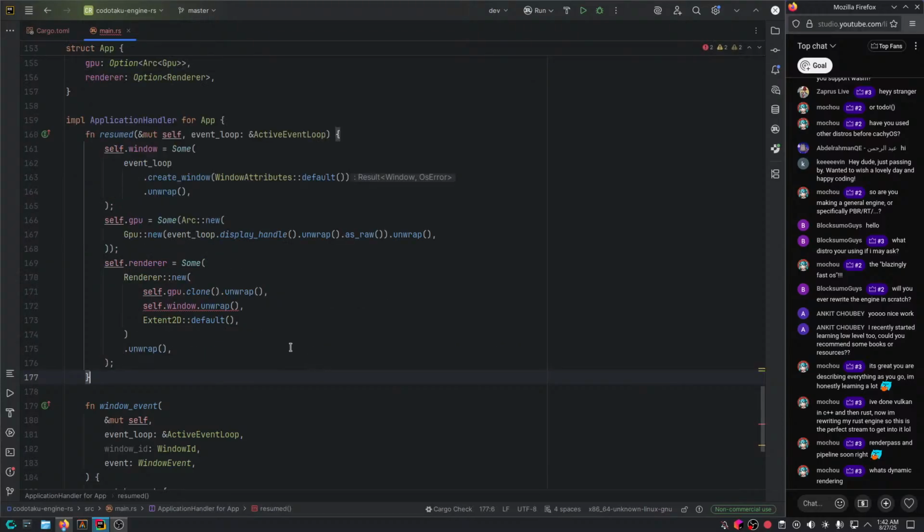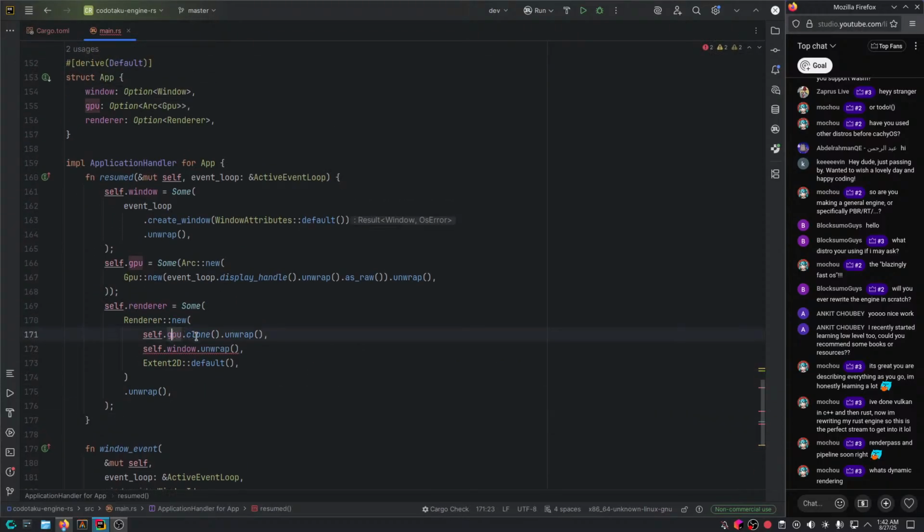And of course, we're not going to be cloning the whole GPU. We're just cloning the Arc, which is the reference count. When you clone an Arc, you just bump the reference count by 1, and the renderer gets access to it, and as long as the renderer is alive, the GPU would also stay alive.